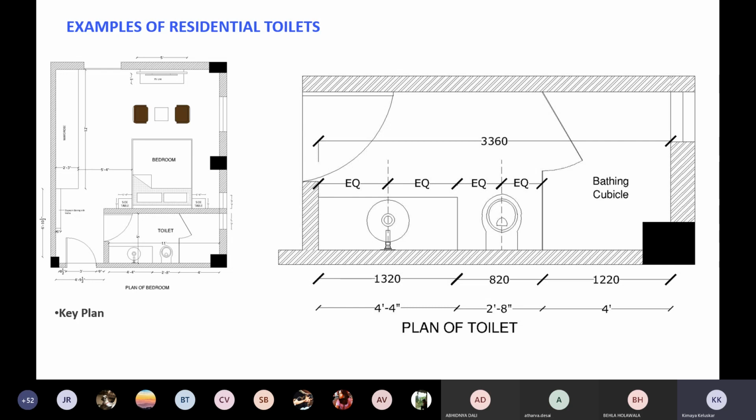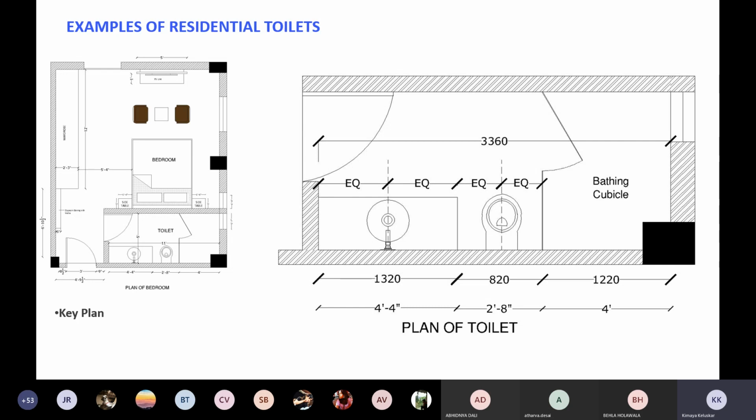So 400, 450 or 550 is the maximum that you can have from the wall, because the wall will also have your toilet paper roll, your jet spray and things like that. So they have to be easily accessible. They can't be too far. In this case, on your right hand side at the back wall will be your jet spray, and on your left hand side will be your toilet paper roll.